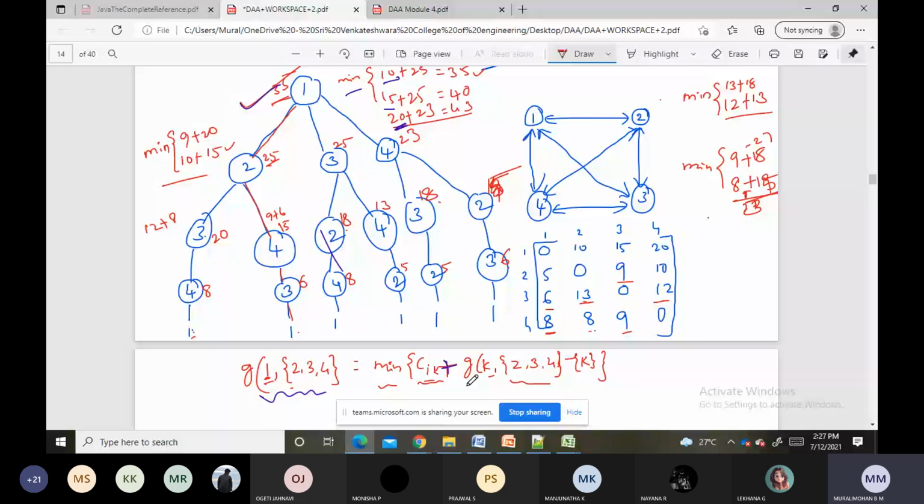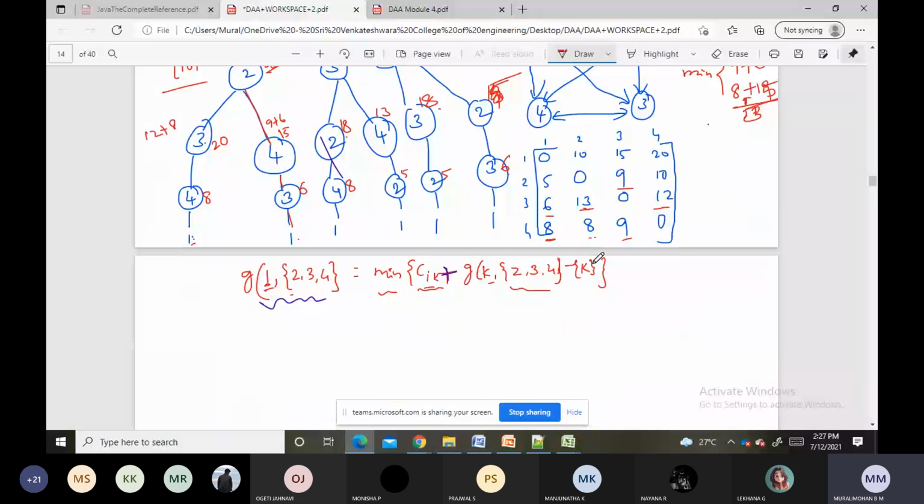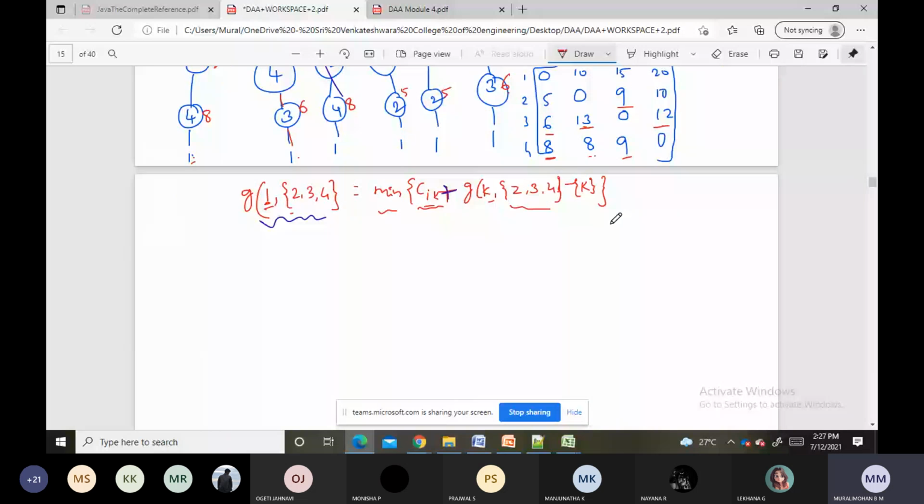Now we will try to solve using dynamic programming, right? So we will use this formula. Thus can we write what is the cost of... Suppose assume that we are at vertex two, at the last vertex. Assume that we are at vertex 2 right here, so we should return back to 1. So let us take that the set is not there, so we'll take it as an empty set.